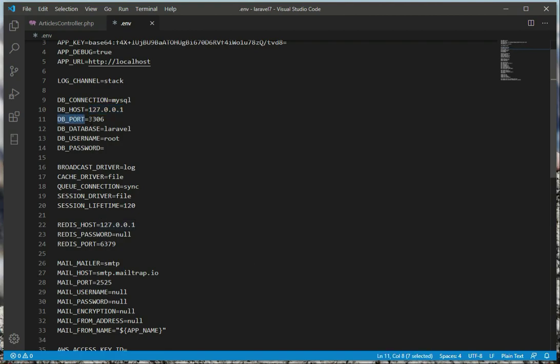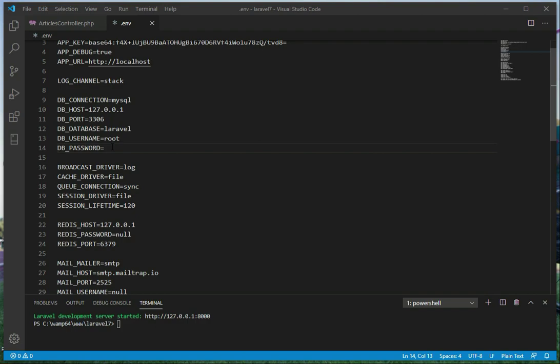And DB_PORT, we can check our DB port in phpMyAdmin. DB_DATABASE is asking for the database name you have made. We haven't made it right now, but it's a default setting of Laravel. And DB_USERNAME: when you open phpMyAdmin, it asks for the username and password to enter the interface. By default, if you are using WAMP or XAMPP, the username is root and the password is always null. But if you have set up a password, you can write your password here.